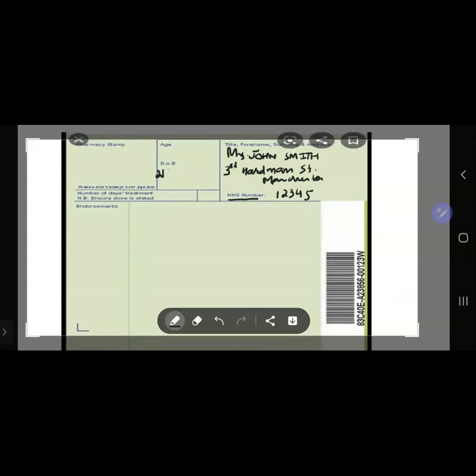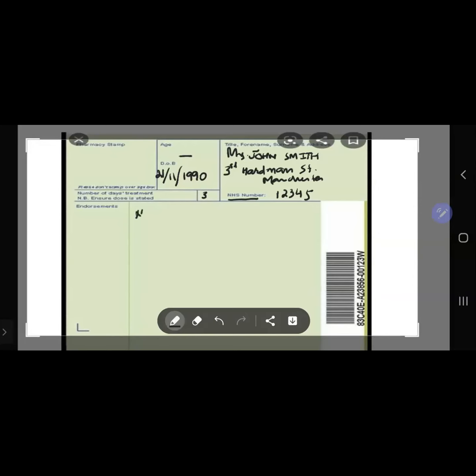Okay, then comes the date of birth. It will be given, for example, 1990. If this patient was below 12 years or above 60 years, then you are going to put in the age here. But in this case, there is no need. Number of days of treatment: we are going to prescribe nitrofurantoin, so for 3 days, uncomplicated UTI in Mrs. John Smith, 3 days is enough.